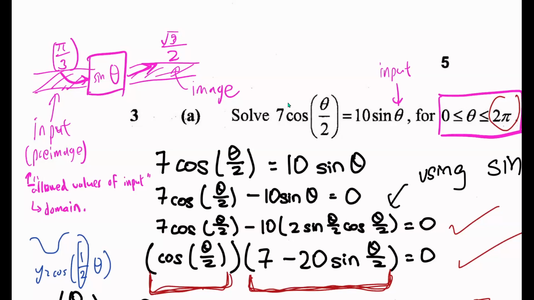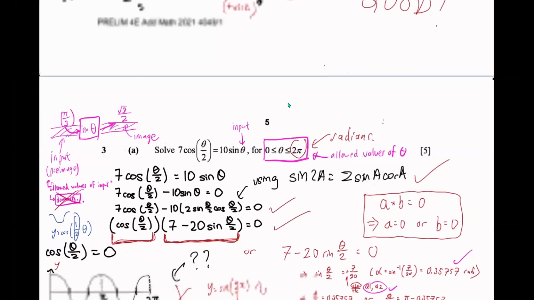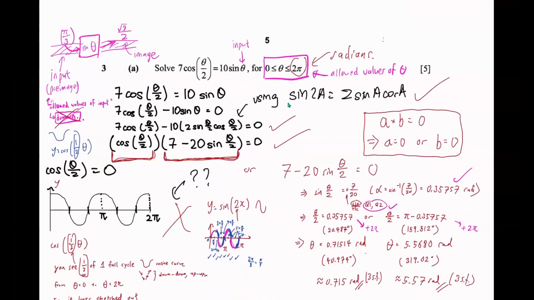This is a crash course on function notation and function vocabulary. You don't need to know it for A-Math. Sorry, I used the wrong word. I cannot say domain. I have to say allowed values of theta, because you are not supposed to have learned this yet. That's H2 Math. So don't say domain. Anyway,